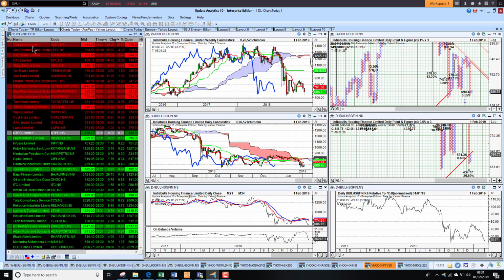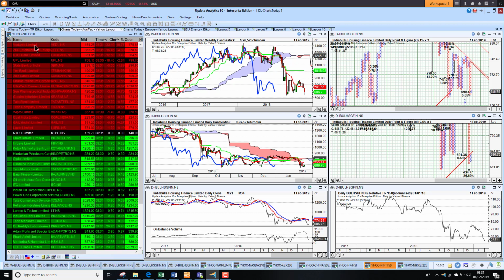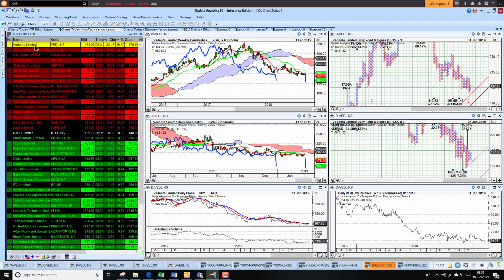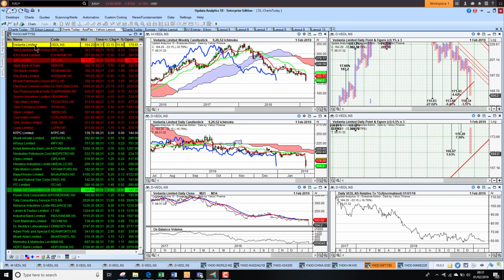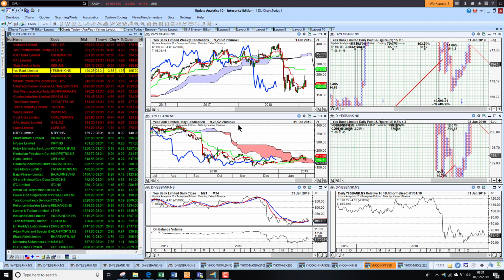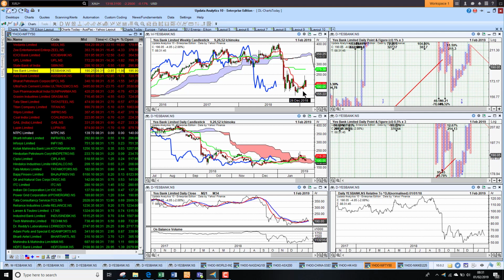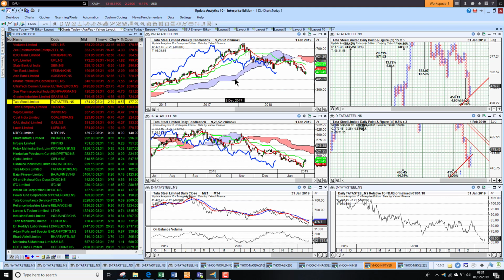Looking at the downside, we see here the live prices just coming in here from Yahoo. We see Vedanta down a massive 17% after a terrible week again for them. So that's ending a terrible week for them. And we see Yes Bank, another feature, a lot of volatility, looking like they were trying to recover, but then a terrible week showing up here as well. Of course, you can do this on any company you want. So we have the long term, the medium term, and the short term charts.